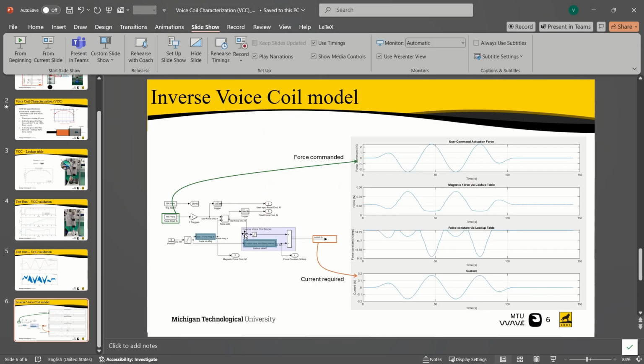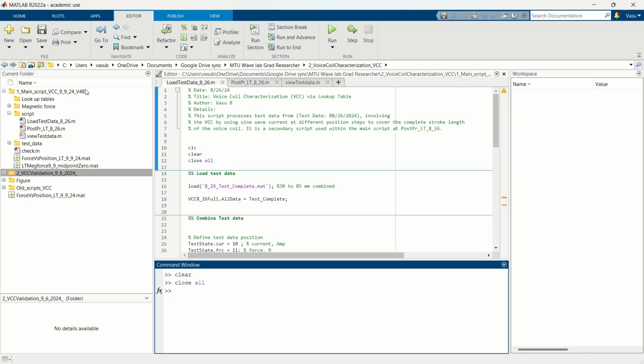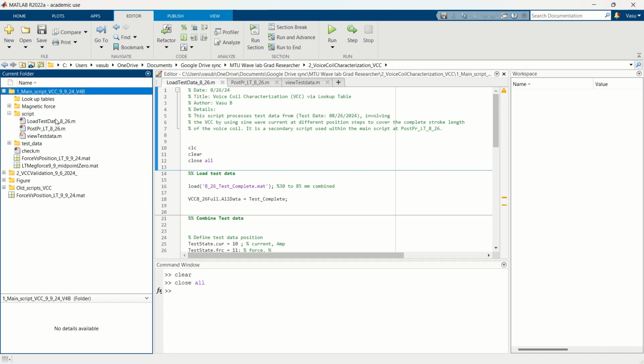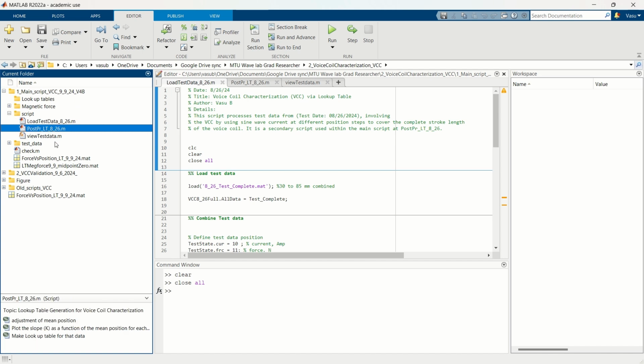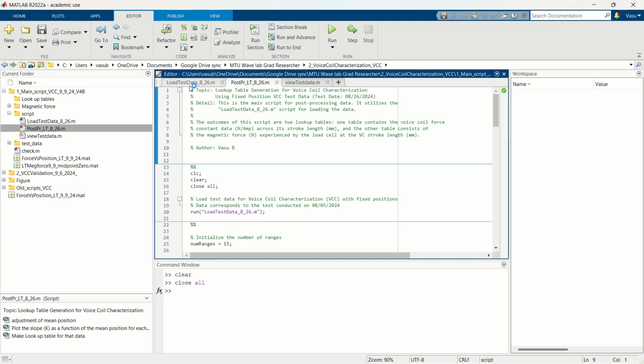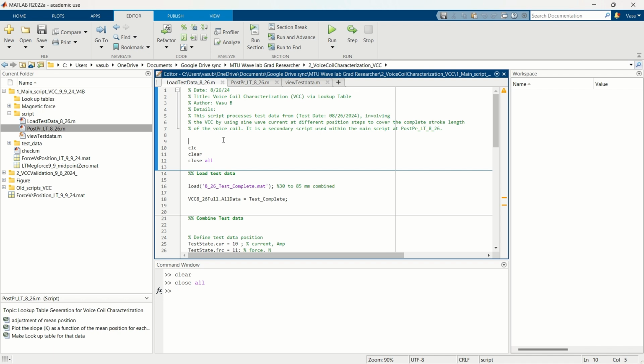Now let me jump to the script and show you around how those scripts look. Coming to the script part, in the main script we have two scripts which we need to look at: the load test data and the post process LT. Post process LT is the main script which uses the load test data script to load data into the main script. If we run it, it's going to start at line 20 and run that particular script. So if I go directly into that script and run it,